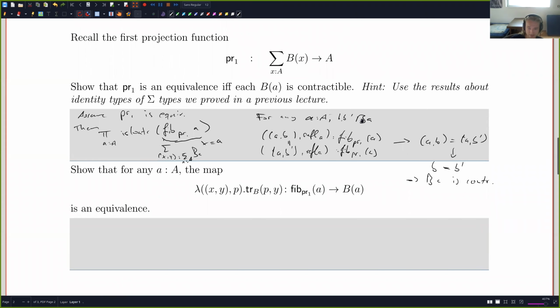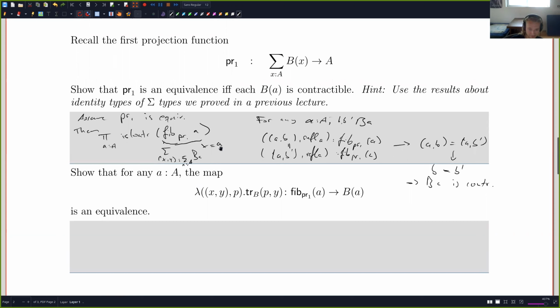Right, because it's certainly inhabited by assumption. By assumption that the fibers are contractible, the fibers are inhabited, so in particular such elements exist, and we've shown that for any two arbitrary elements in that fiber, any two arbitrary elements are equal. And yeah, we didn't prove this directly in the lecture,